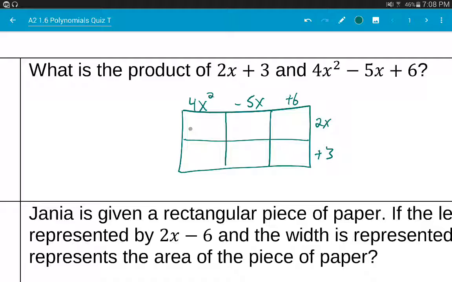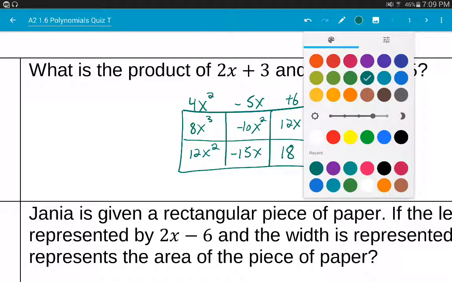4x squared times 2x is 8x cubed. Negative 5x times 2x is negative 10x squared. 6 times 2x is 12x. 6 times 3 is 18. Negative 5x times 3 is negative 15x. And in the bottom left, I have 12x squared. Now, when I take these terms out,